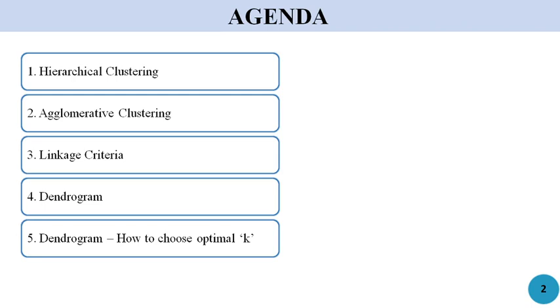In the previous session on clustering, I had mentioned what hierarchical clustering is. In this session, we'll refresh about hierarchical clustering and its types. Then we'll move ahead and learn more about agglomerative clustering and the linkage criteria, which is a very important factor for hierarchical clustering. Finally, we'll study the dendrogram, which provides a visual representation for hierarchical clustering. So let us begin this session with a brief introduction to hierarchical clustering.